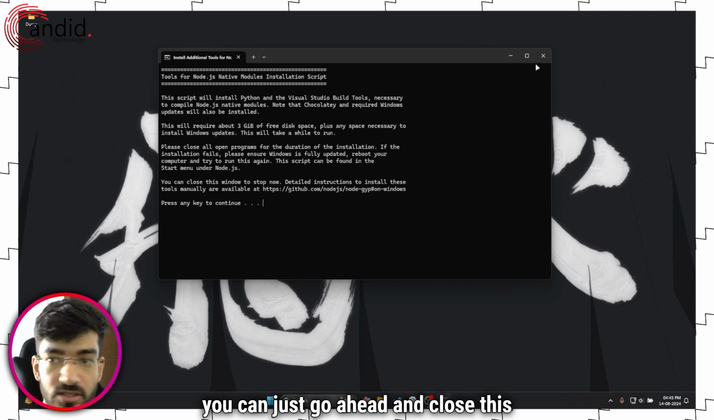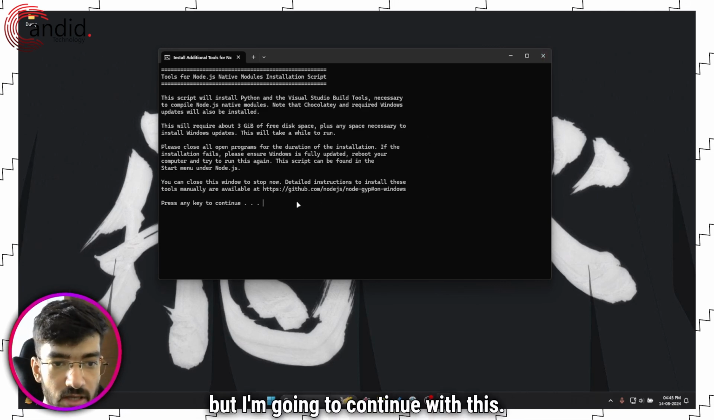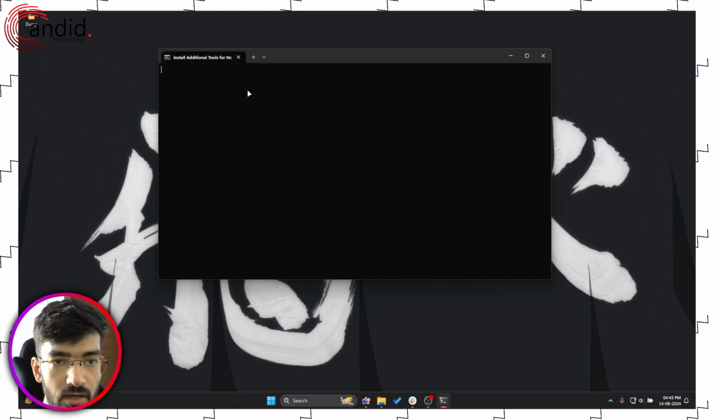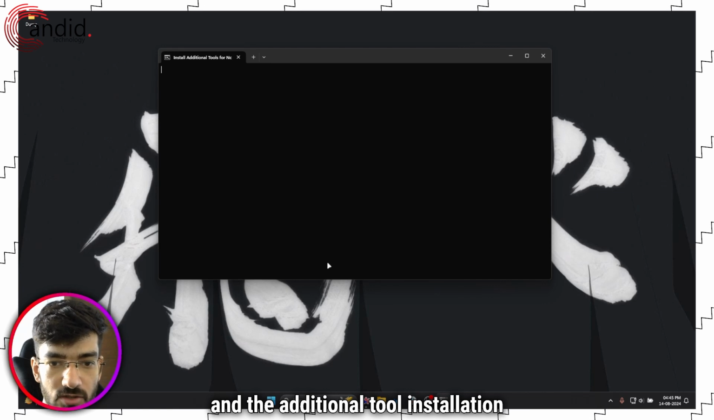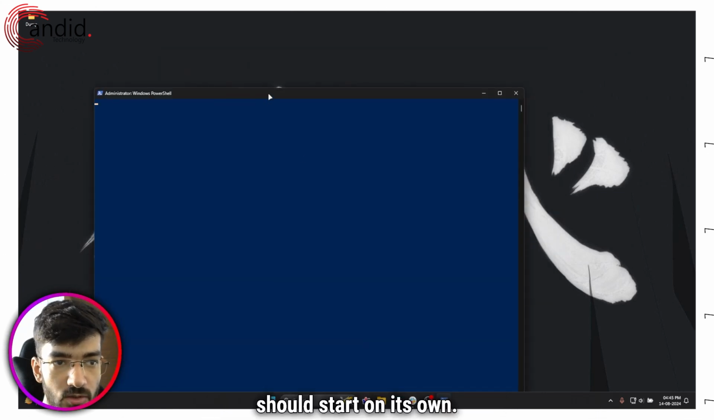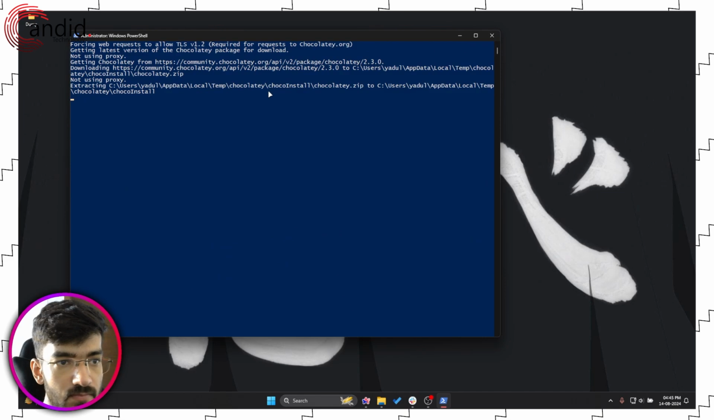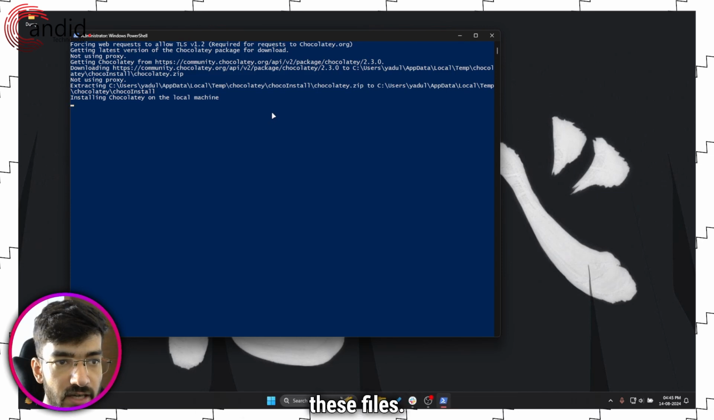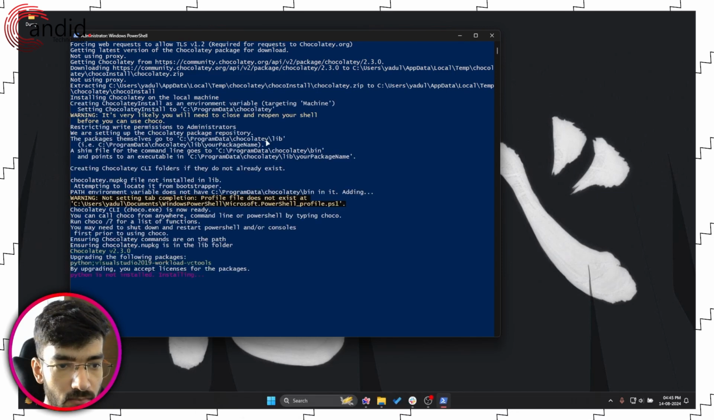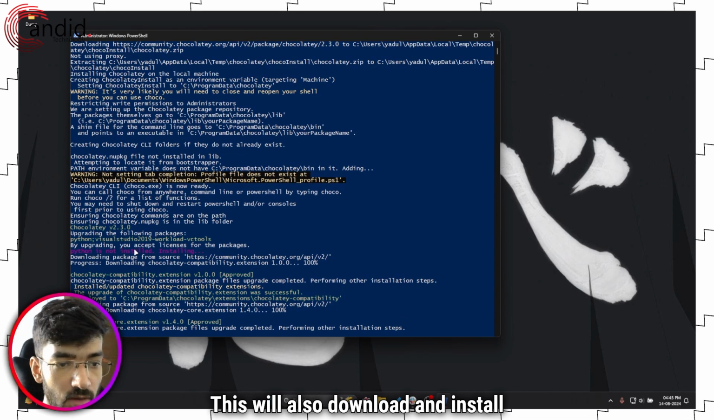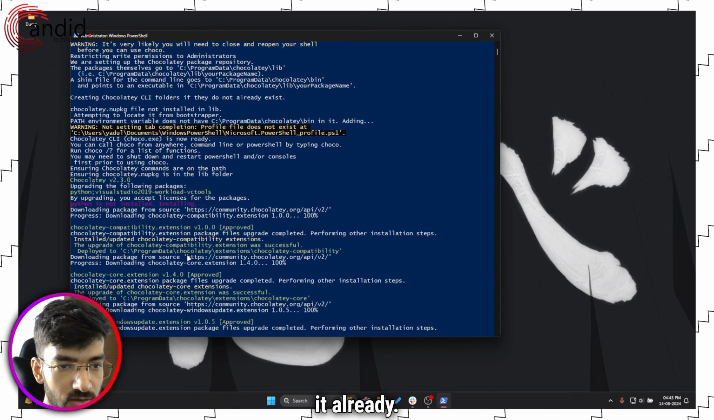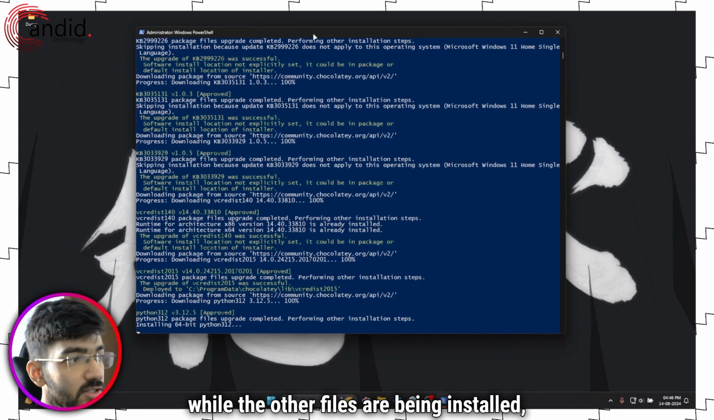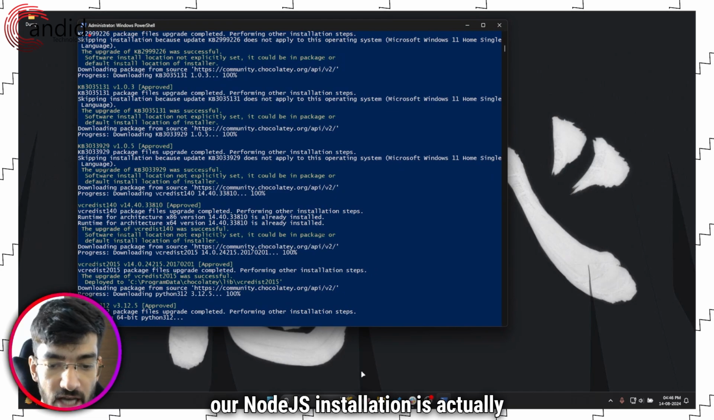Read this. If you want, you can just go ahead and close this window to cancel the installation, but I'm going to continue with this. Press any key to continue. Go on, and the additional tool installation should start on its own. So as you can see, it's now downloading and expanding these files. This will also download and install Python on your system if you don't have it already. So technically at this point, while the other files are being installed, our node.js installation is actually complete,